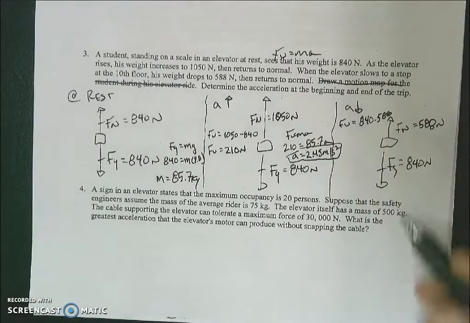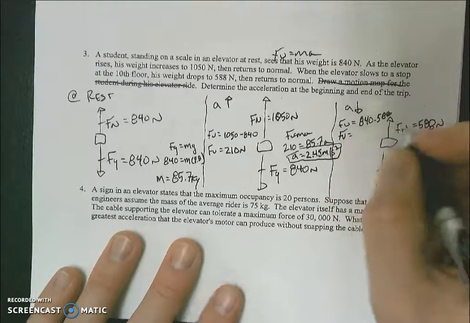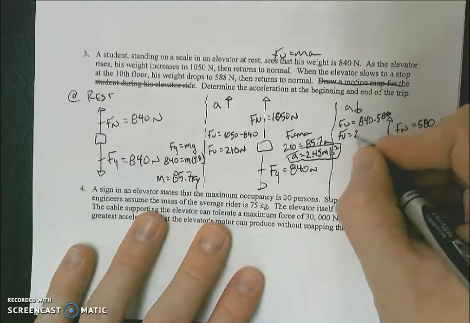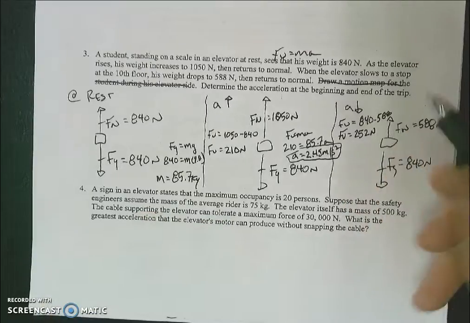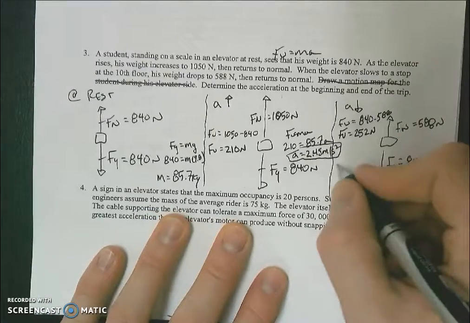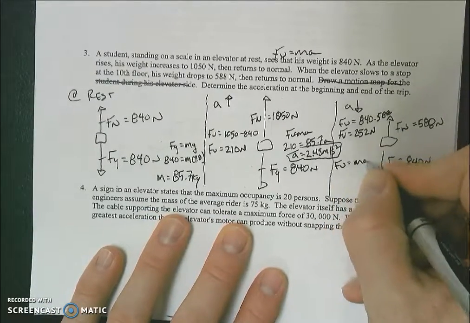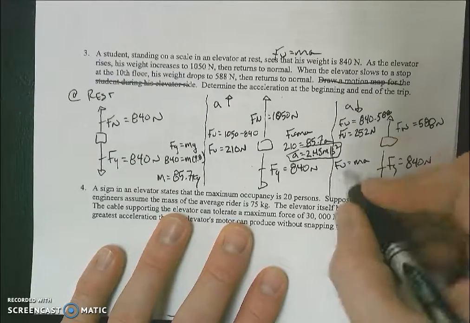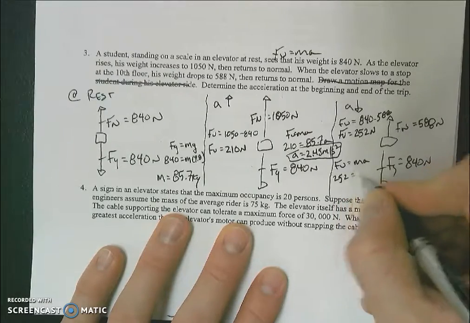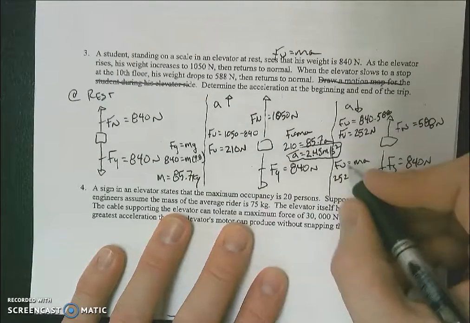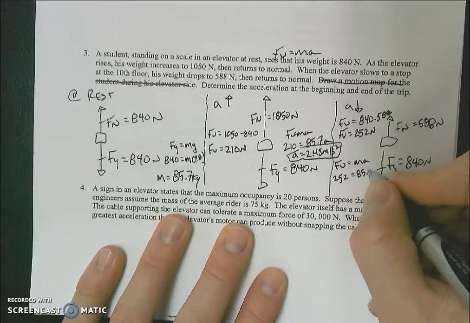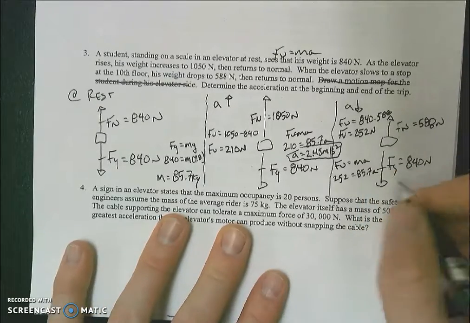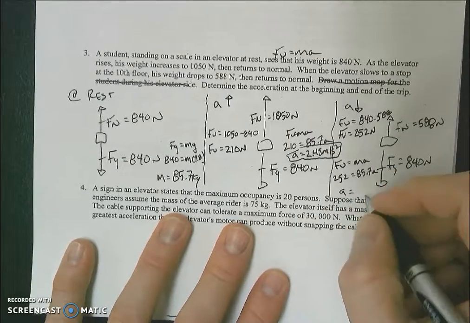Doing the math, the unbalanced force ends up being 252. Likewise, we're going to use FUMA to solve for the acceleration downward. The unbalanced force is 252, the mass we found before was 85.7, and we divide both sides by that to get an acceleration of